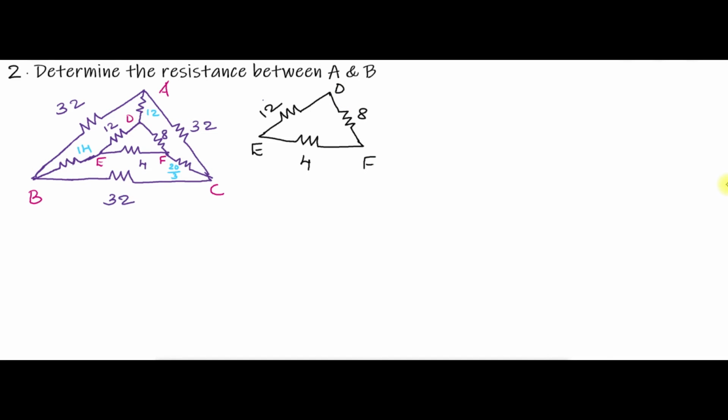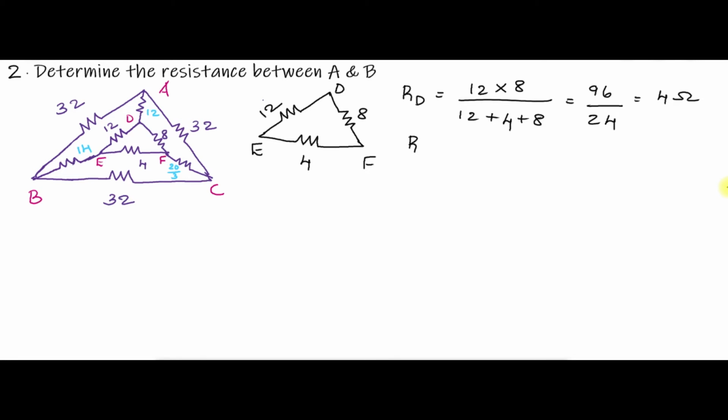So RD is equal to 12 into 8 divided by 12 plus 4 plus 8. Consider this only. This point D branches to 12 ohm and 8 ohm. So you can take numerator as 12 into 8 all divided by total resistance, that is 12 plus 8 plus 4. That is 96 divided by 24, which is equal to 4 ohm.